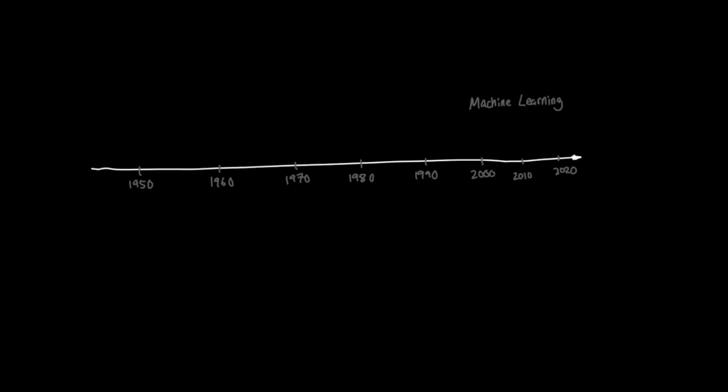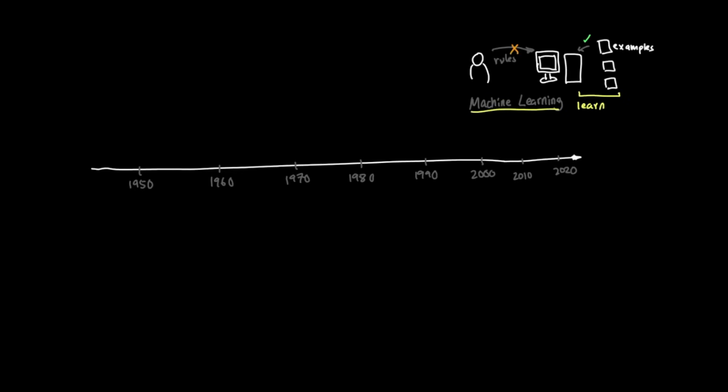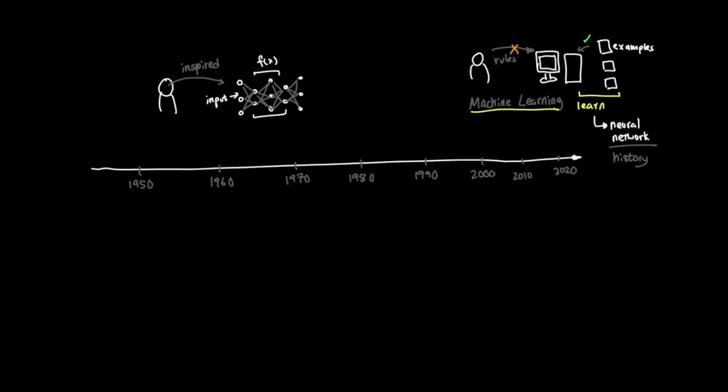This is where machine learning becomes important. Instead of telling the computer exactly what to do, we give it examples and let it learn patterns from the data. Traditional software is mostly about humans writing the rules. Machine learning is about creating a system that can learn useful patterns from examples. One of the most important ideas in the field was neural networks. Early neural networks were inspired by the human brain. The basic idea was that you could take inputs, apply weights to these inputs, pass them through a function, and then produce an output.